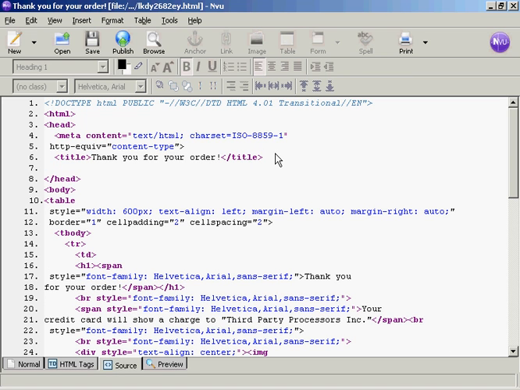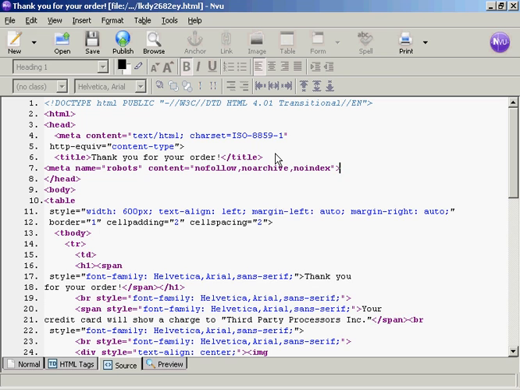So we type here left arrow meta space name equals quotes robots close quote space content equals quotes nofollow, noarchive, noindex, close quotes,